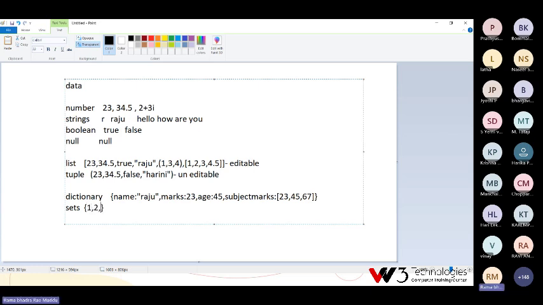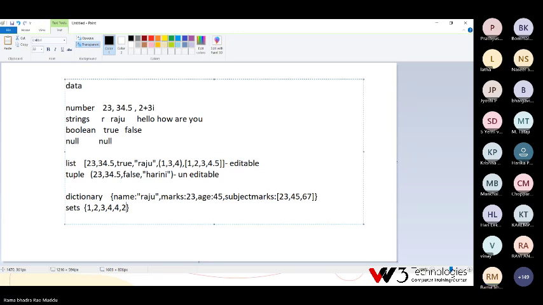And sets is also a data type. If we give 1, 2, 2, 4, 4, 2 like this, it is simply a similar type of data that we can store in sets. Sets means all are numbers, maybe all are strings, maybe all are booleans, like that only. You cannot store different types of data in sets like in a list. List లో లాగా మనం sets లో different డేటాని స్టోర్ చేయలేము. ఓన్లీ ఒకే రకమైన డేటాని స్టోర్ చేయగలుగుతాం.